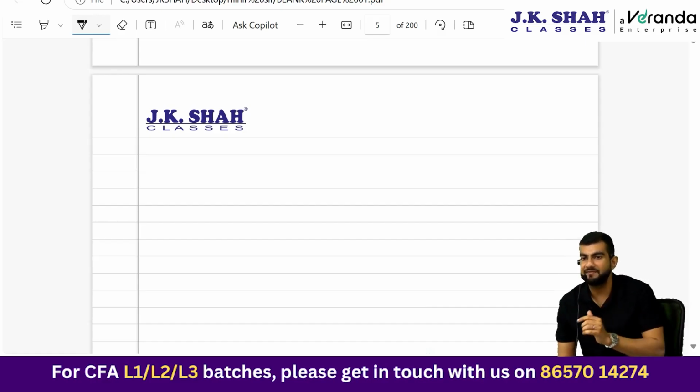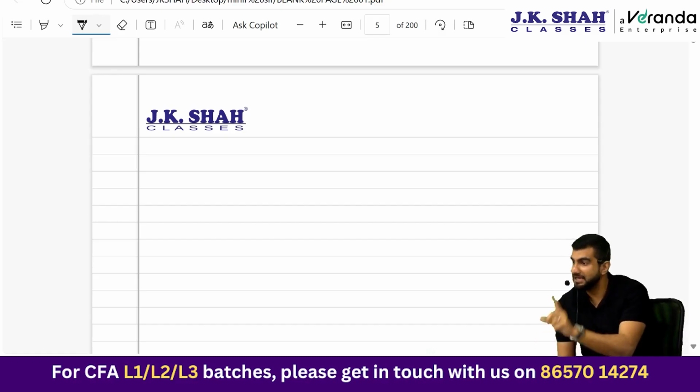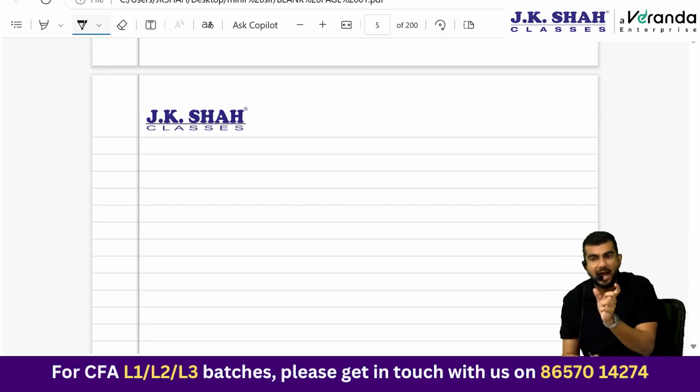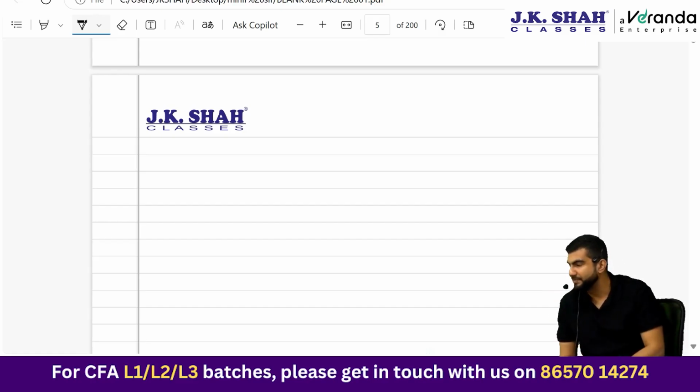As regards ending inventory in an inflationary environment, it will be highest under FIFO. FIFO is first in first out. The cheaper items are assumed to be sold first. So what is there in your inventory? The most recent expensive items. So ending inventory will be the highest under FIFO. In an inflationary environment, it will be lowest under LIFO, and weighted average in between: higher as compared to LIFO but lower as compared to FIFO. Remember that. Now when it comes to a deflationary environment, it's the exact mirror image of an inflationary environment, exact opposite. So if you remember any one, the other you will automatically remember.